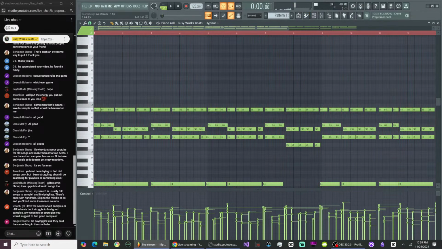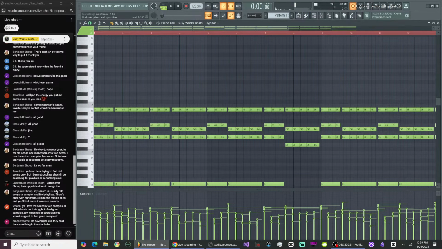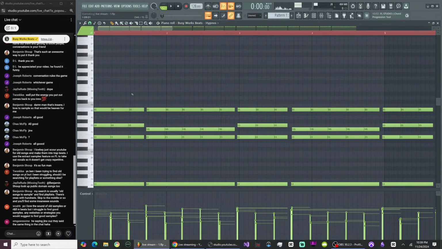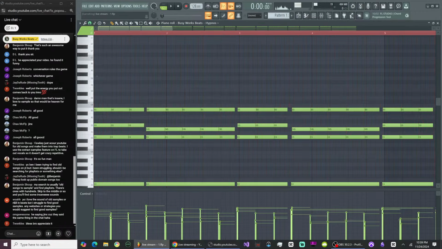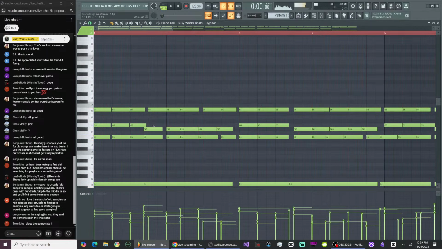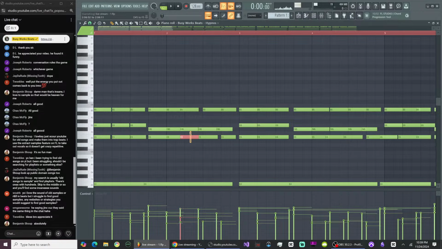Let's quantize these notes. Now, because I played everything kind of with a brass tone, you play naturally ahead of the curve. And we're going to hit Control Q instead of Alt Q. Now, this could be tedious, so let me see how tedious we're going to make this here. Let's hit Control Q because this will lock it to the snap to grid. Let's do a half beat. Now, some of these notes are going to be super off, so I got to fix them. But the reason I'm doing this is because I don't want our rhythms to clash. Now, what separates amateurs from pros is understanding these small little rhythmic things do matter. Like 20 milliseconds of a time difference matters.